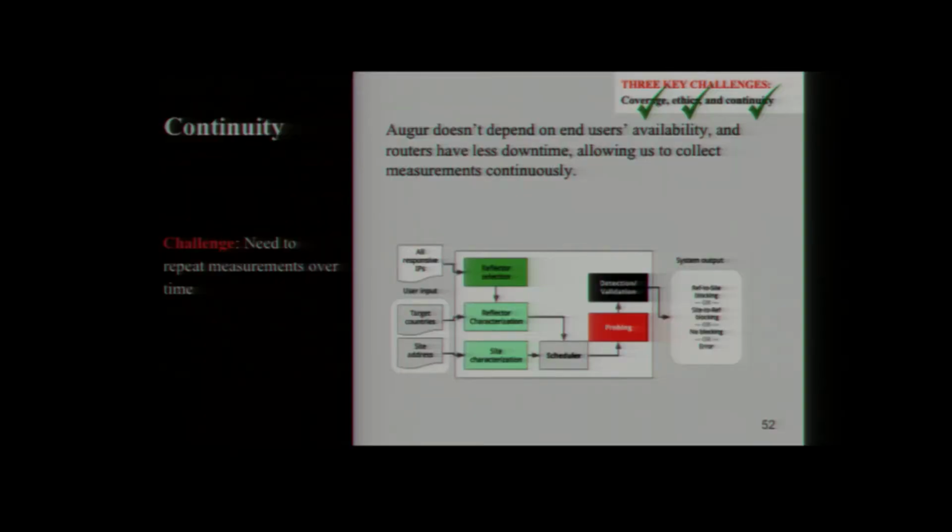The best second option we have is actually asking users around the world to give us consent to run sensitive measurements, and this is a matter of tens. We're not depending on end users helping us, and we can just run measurements continuously. So the data collected from Augur is obviously continuous.